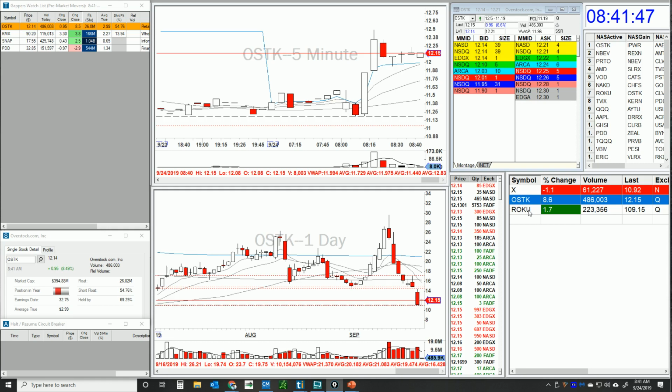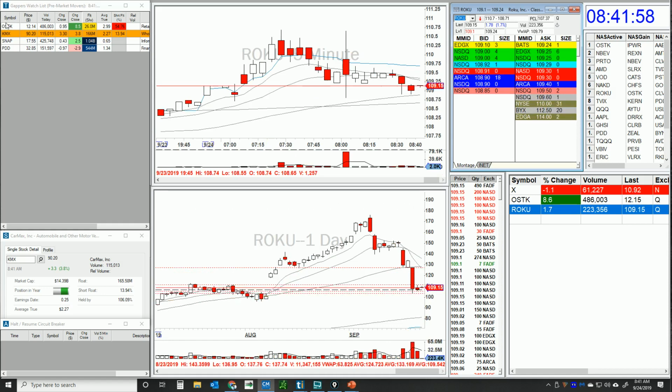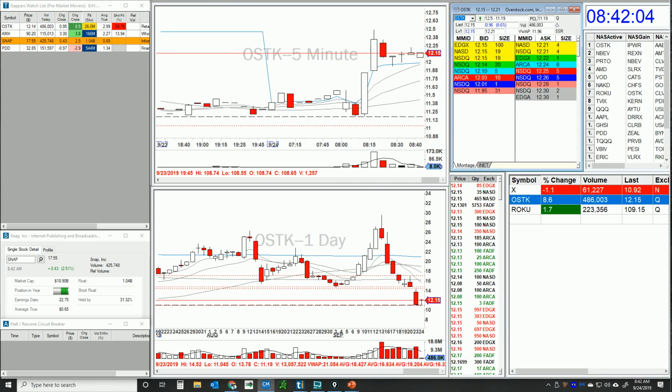Let's see how this volume continues to create, hopefully, a good and decent pre-market activity. But as we mentioned, guys, OSTK is one that everyone takes a very controlled amount of shares. Here we have next on this list, KMX. I'm a little bit surprised on this Overstock. A little bit of a bump this morning. Not seeing anything that's